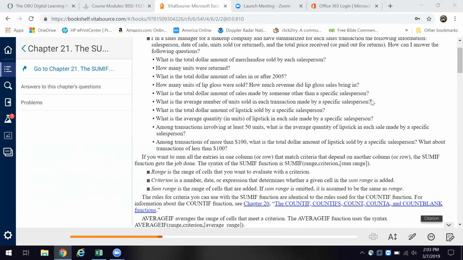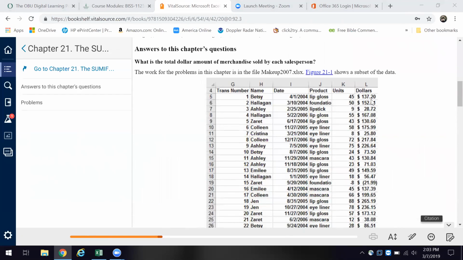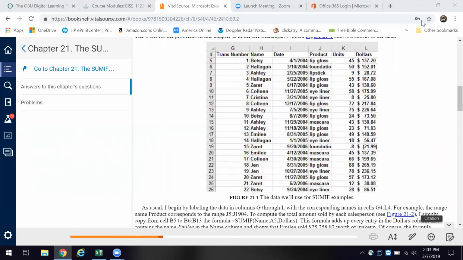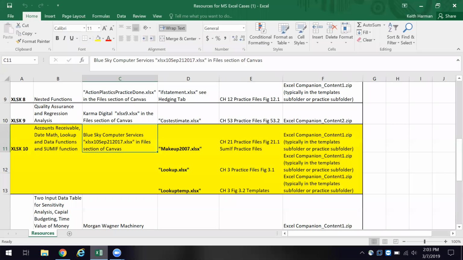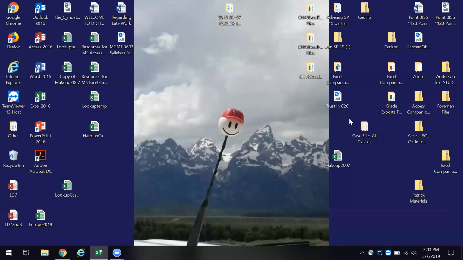Now, the case that we're going to look at, they've got here in figure 21.1, okay, and they show us the file, and then they walk us through some of the procedures. So I had downloaded those files already, and that first one is called Makeup 2007. So you want to look in the chapter 21 practice files, the Excel content companion. You want to use that, and then go to that makeup file. Now I have it here,